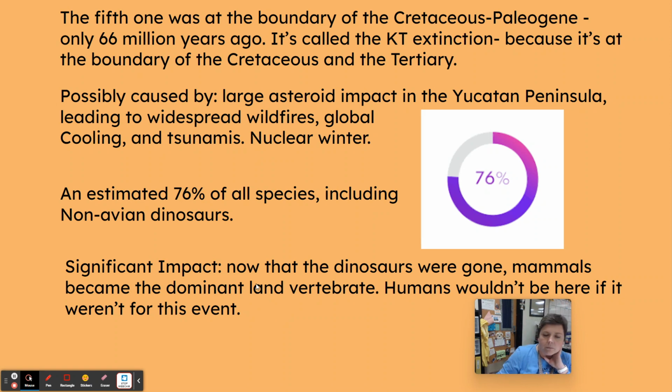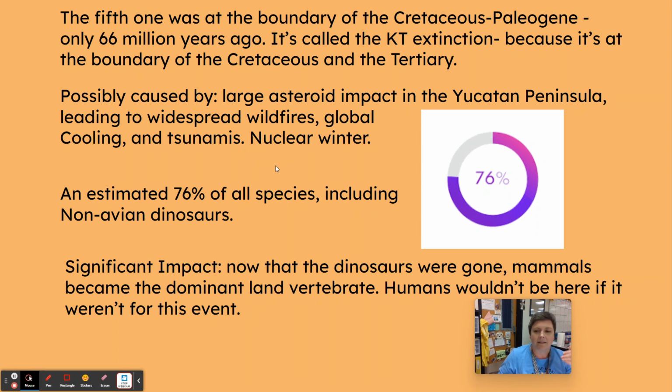So this one, we know why this happened. This is the big one that made all the dinosaurs go extinct. A large asteroid impact, and we even know where it was. It was in the Yucatan Peninsula, which is really close to where we live, right? It led to widespread wildfires, global cooling, and tsunamis. So this created these wildfires, and then the asteroid impact made all that vaporized rock. So it made like a nuclear winter kind of situation,